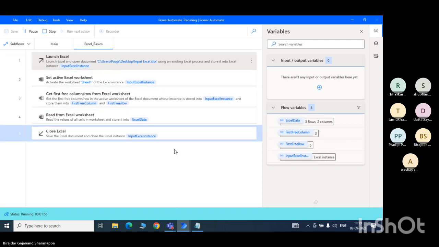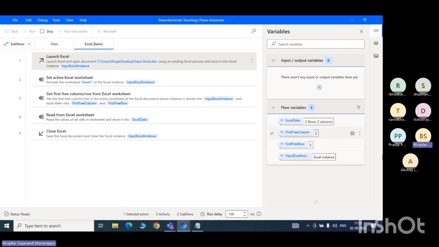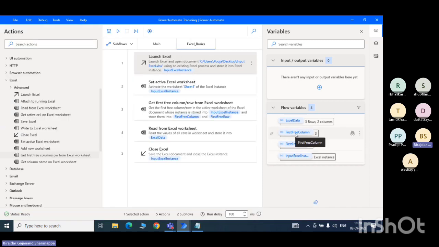Okay. So if you see very carefully, guys, we got two outputs here: first free column and first free row. So basically rows start from zero. Like always it will be double, so two times plus two basically. And first free column is the third column. That is correct. If you observe this carefully,